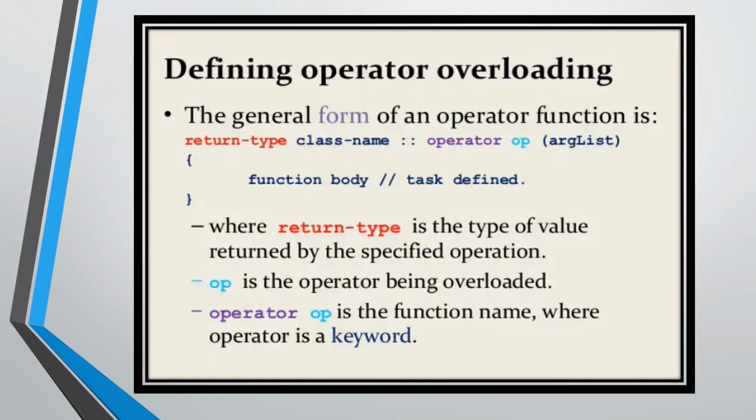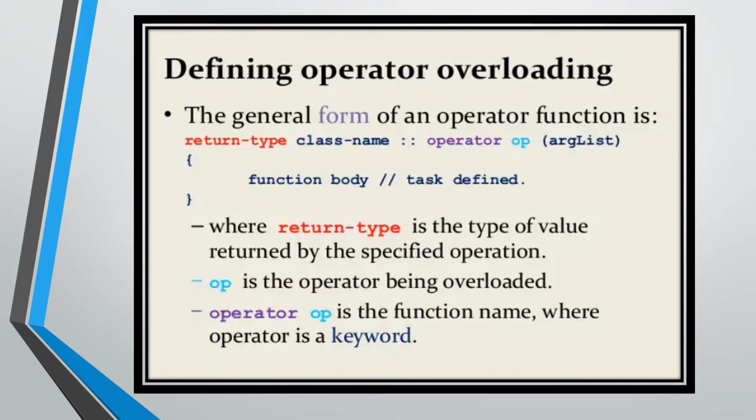Generally, whatever normal function we write, we write int add. Means from the add function we are going to return a value in the form of an integer. So the same thing we have to write over here, which type of value we are going to return from this function. After that we have to write the class name. Then the scope resolution operator. We use the scope resolution operator here because if we define this function outside of the class, then this is the syntax to define that function, the class name with the scope resolution operator.